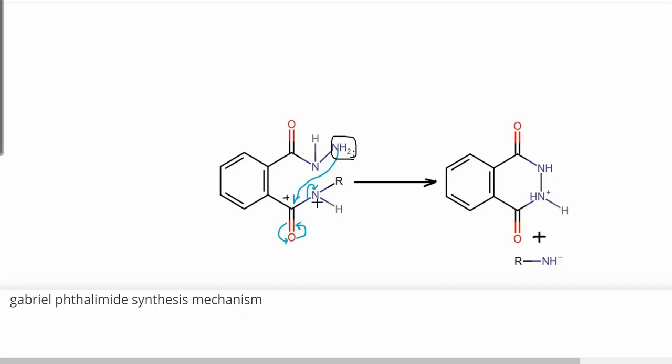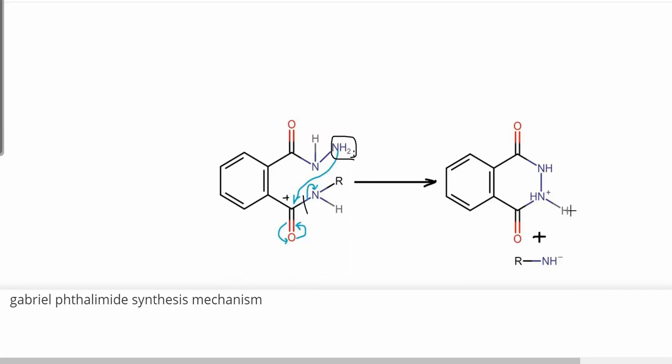Due to this reason, what will happen? This RNH2 bond will break up, and it will form RNH minus, that is an alkyl amide ion. Okay, an alkyl amide ion will be formed here, and this NH2